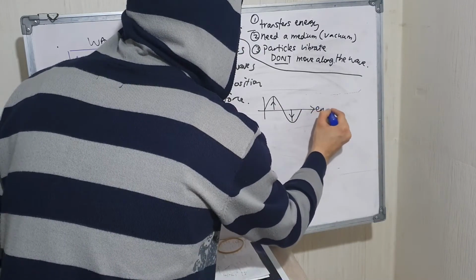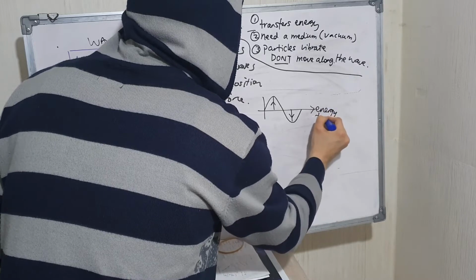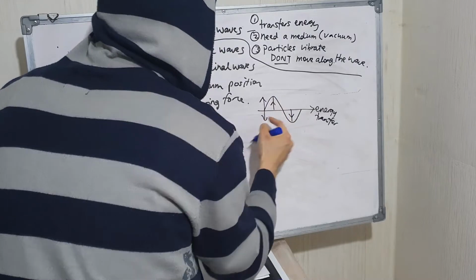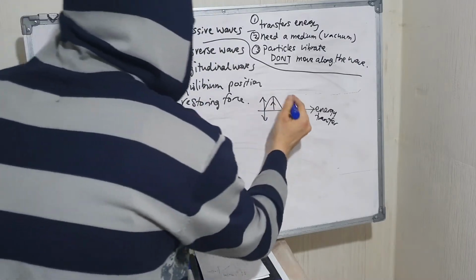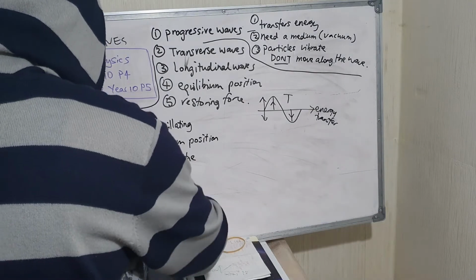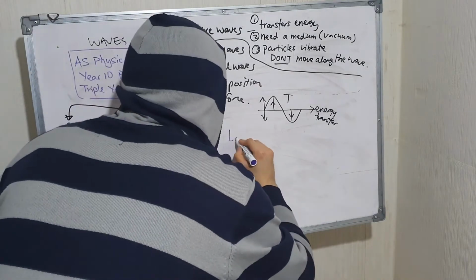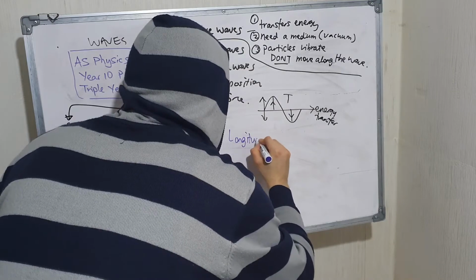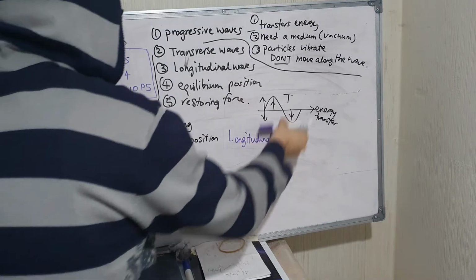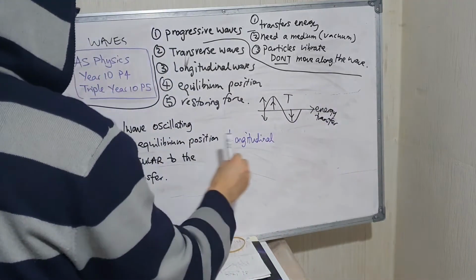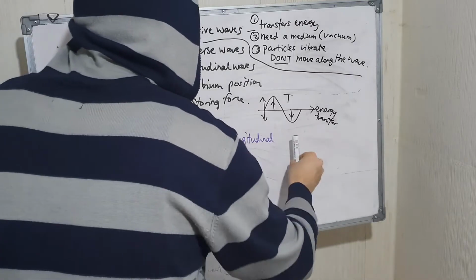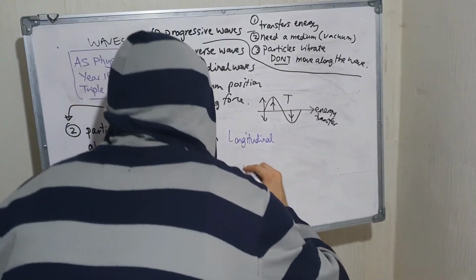So this is energy transfer, and because it's moving up and down, that is the motion, and this is the transverse wave. Now for longitudinal wave, rather than going this way, what it's doing is that it's moving this way. So it's moving parallel to the direction of transfer. So if I draw a longitudinal wave,